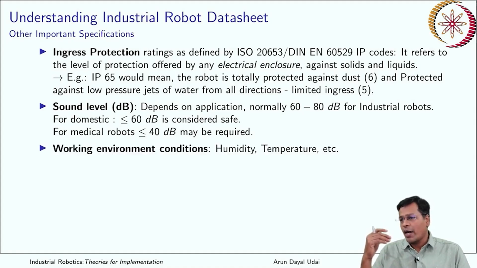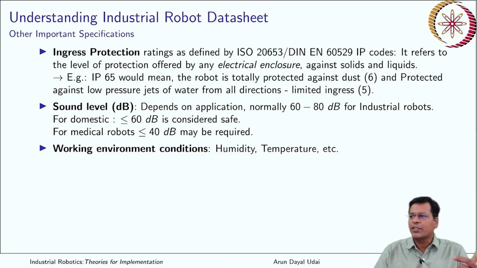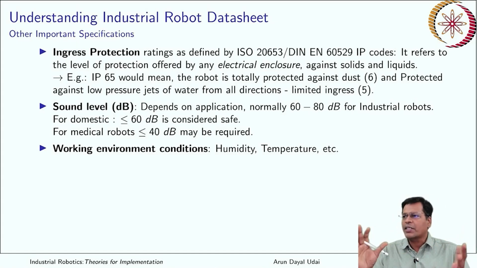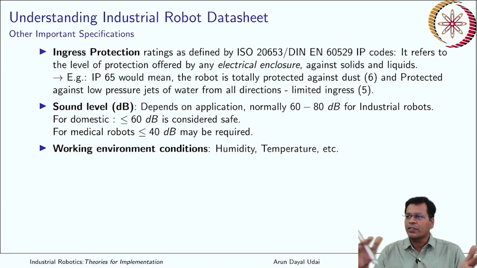Okay, so other parameters are the working environment, like humidity and temperature. So what is the range: 0 to 70 degrees or minus 10 to plus 80 degrees. That becomes the range where your robot can operate. If it goes beyond, you cannot be assured that your robot will work the way it is defined by the manufacturer. Let's say I have defined it to work continuously